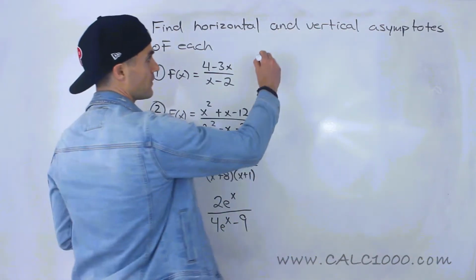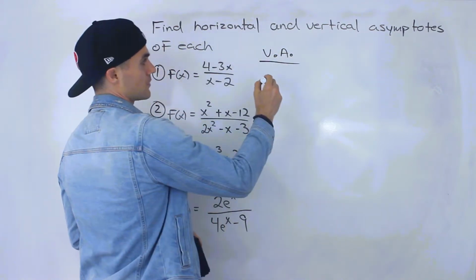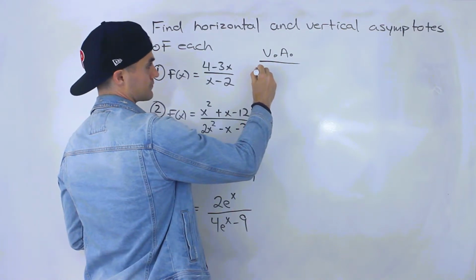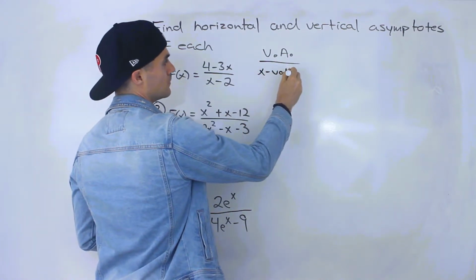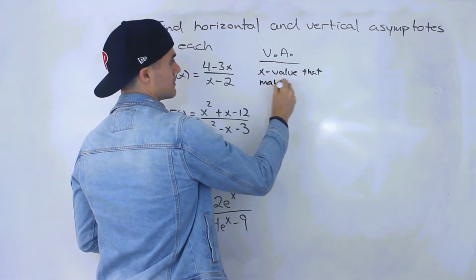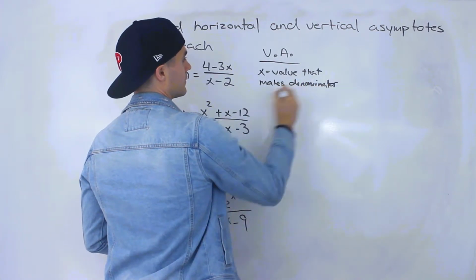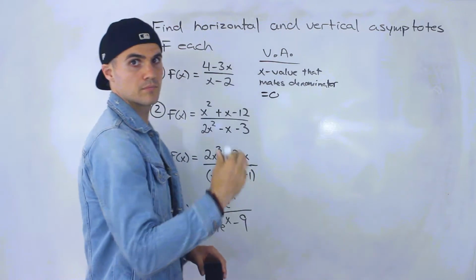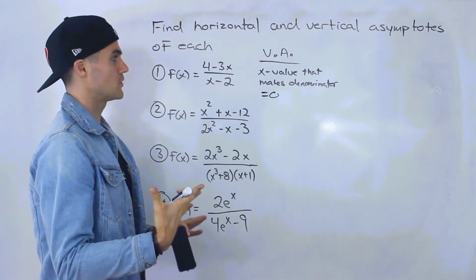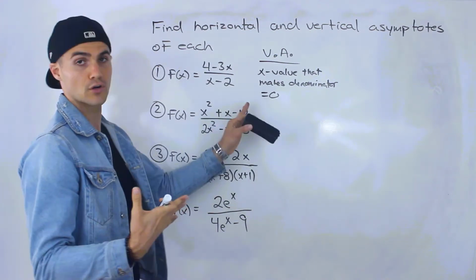So I'm actually going to start with the vertical asymptote. And how do we find the vertical asymptote? Well, vertical asymptote is going to be the x value that makes the denominator equal to 0. Because we can't be dividing by 0. If we're dividing by 0, it's going to be undefined, which is going to mean that there's a vertical asymptote